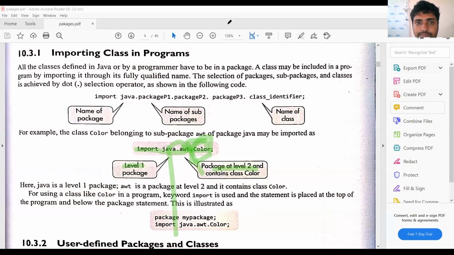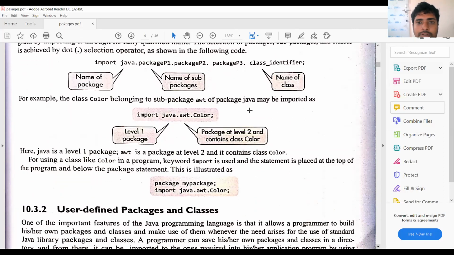So next one. Let us see this syntax. This is the syntax for creation of your own package. This is the definition of the package: package name, and then the import statement should come after the definition of the package. In previous examples, the first line is import, before the class definition.